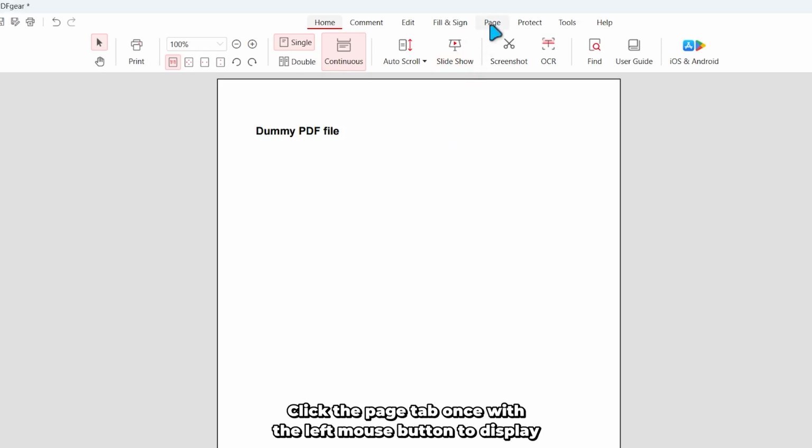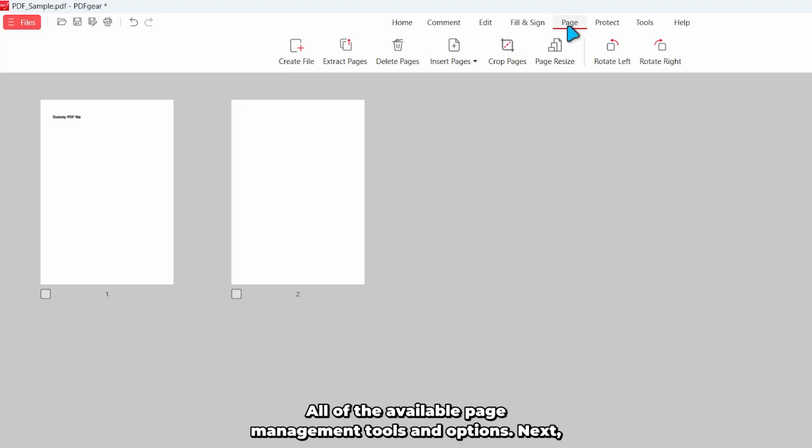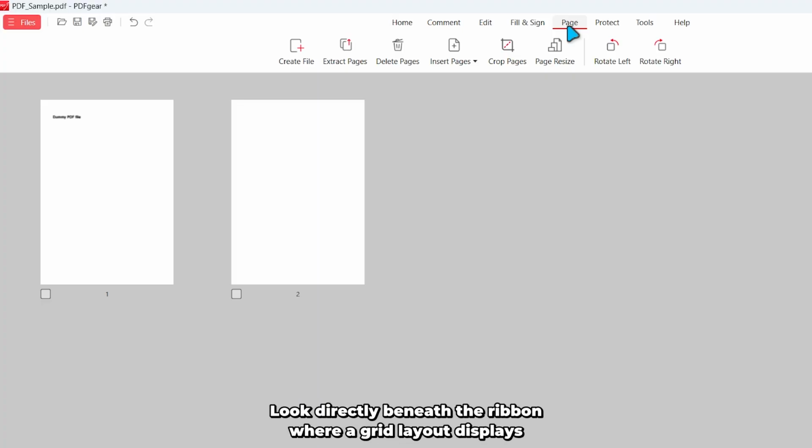Click the Page tab once with the left mouse button to display all of the available page management tools and options. Next, look directly beneath the ribbon where a grid layout displays thumbnail previews of every page in your PDF document. Examine the thumbnails until you identify the specific page that you want to move to a different position within